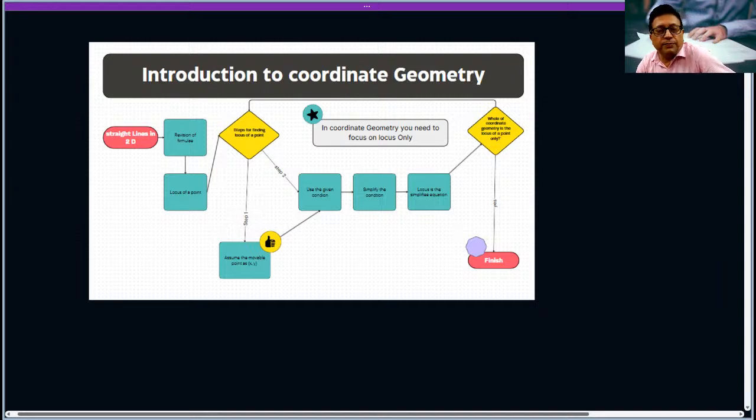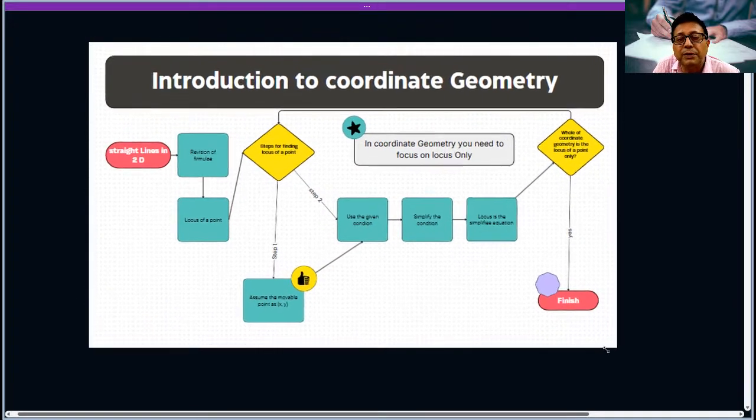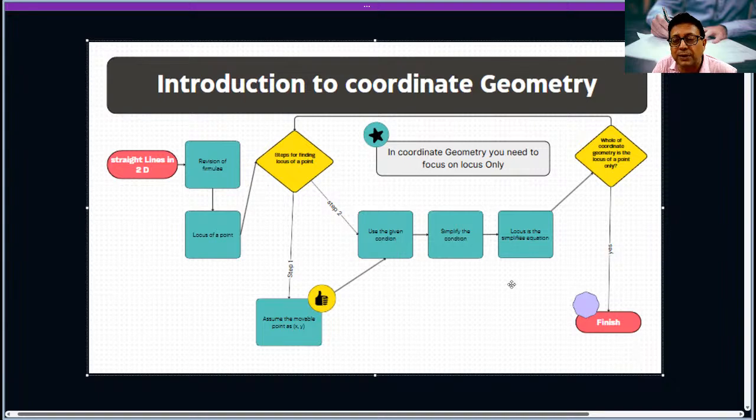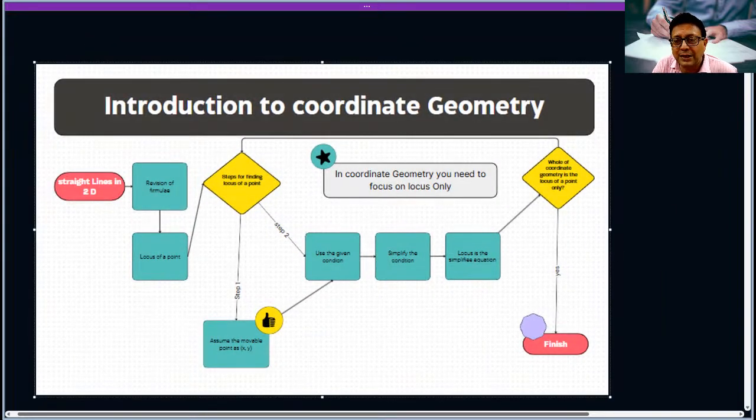So in this chapter of coordinate geometry, that is straight lines in 2D, we'll be revising sums mainly from textbooks. But this revision time, I am not going to do NCERT textbook only. We will be solving sums from the NCERT exemplar book also. But before we start anything, I will remind you of all the formulas of coordinate geometry and straight lines, different forms,